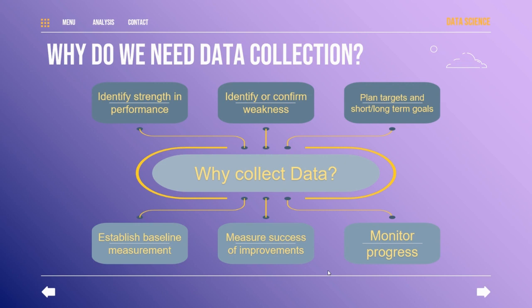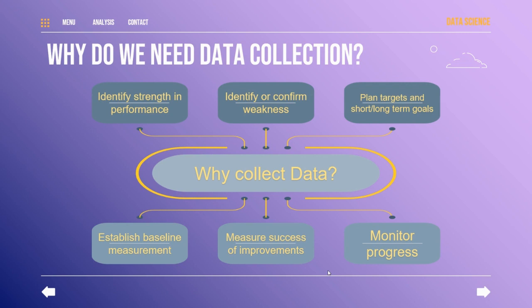Let's go into the first point, identifying the strengths of the performance. While gathering the data, we will know about different types of data so that we can learn more about the process or the problem statement which we are dealing with. Whether they have strengths, in what point of view they have more strengths, or confirm the weakness. What is the weakness of the data we are working on, or what disadvantages does it have? How to overcome them. That's why we need planning targets and at what time we have to complete this model. Based on the data, we can predict them.